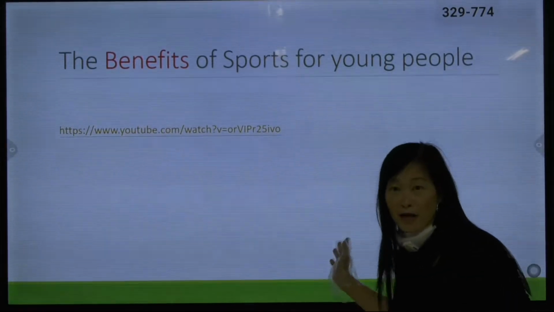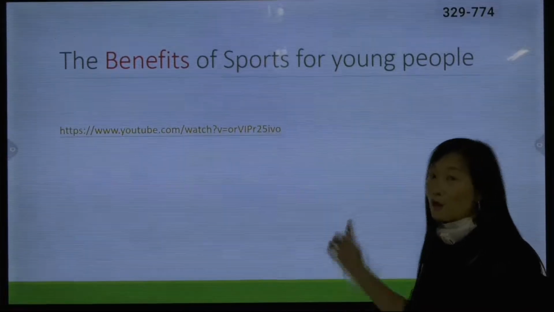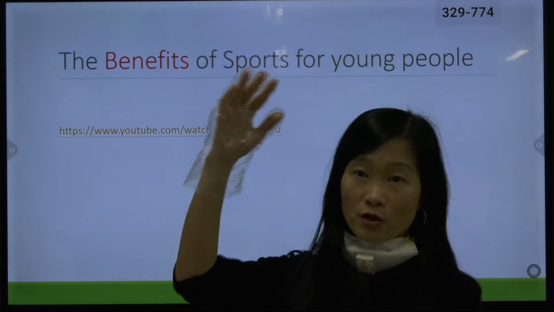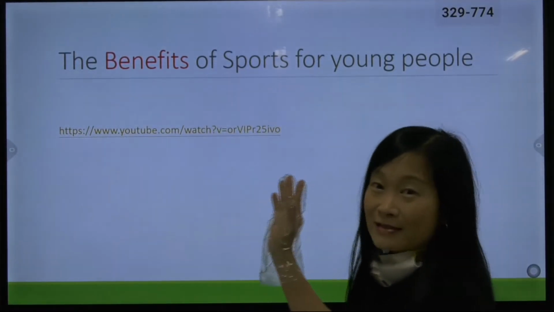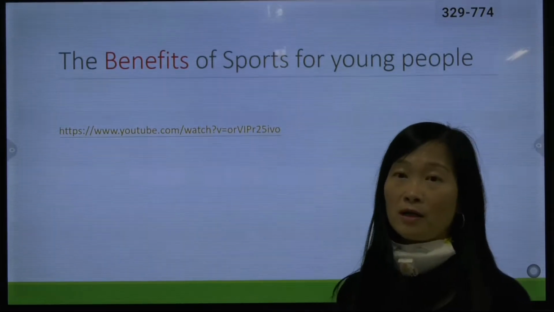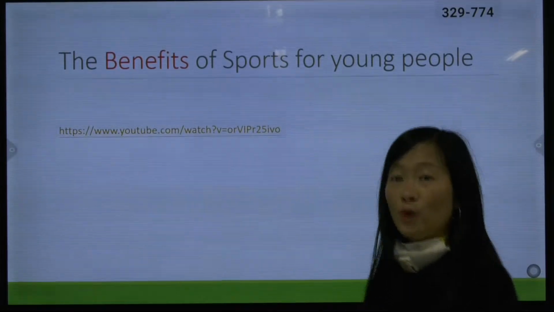So what are the benefits? So many benefits here. Do you remember all of them? And also, do you remember that I have uploaded a worksheet for you to prepare for that in your Google Classroom already? If you have taken a look at it already, and if you have prepared that, you take it out and work with me.